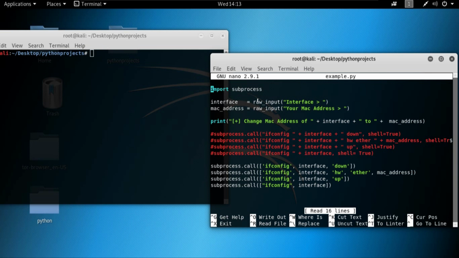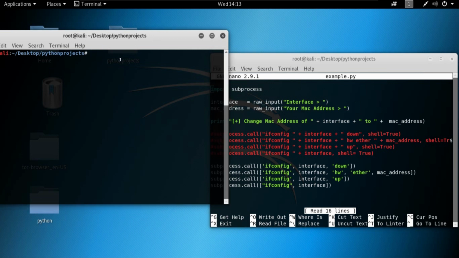But in the case of the Mac changer program, the program is very basic, very simple. So we can also get the job done by writing something like Python